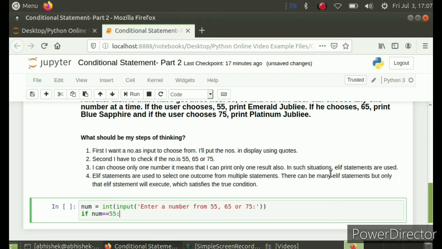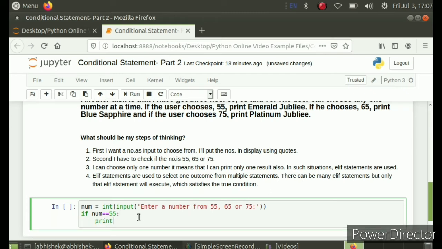It's very easy. And after that, if that number is not equal to 55, then I'll print 65, then I will print 75, and for that I will use else if statement, because I have to only print a single value.